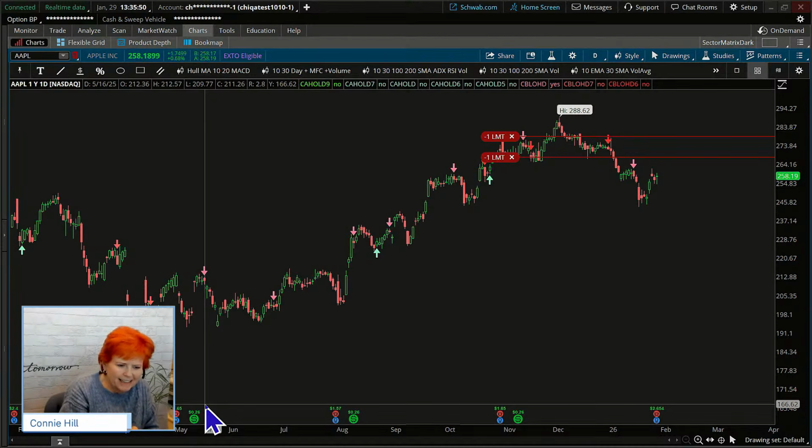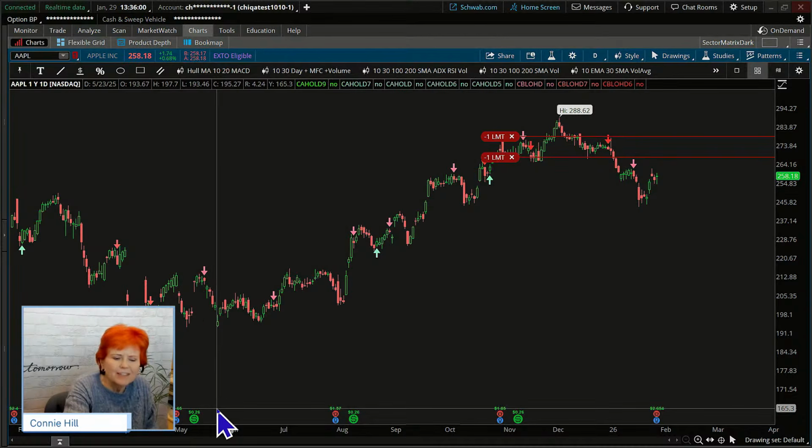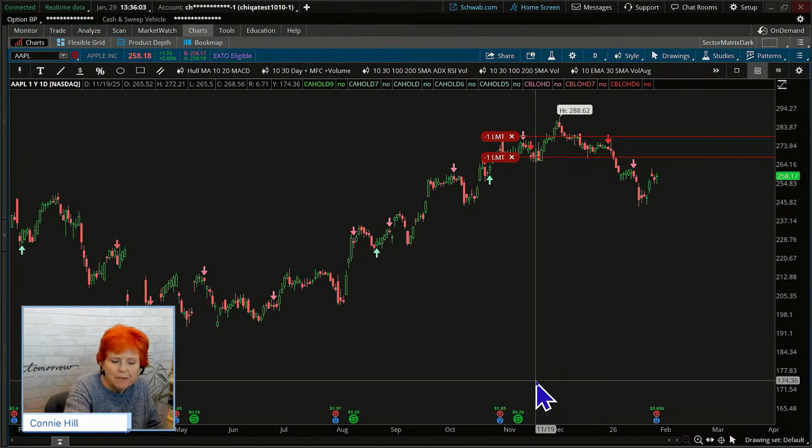Okay, let's see. Megan, what was Megan asking here? Can we select different colors of the doji candle? So we did that. Kevin explained that as well. Now, what if we were to save this? Riceword was saying maybe we save this as a study so we can use it in a scan.